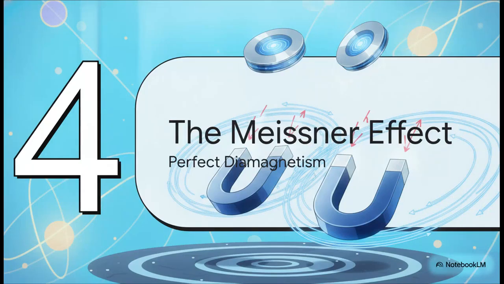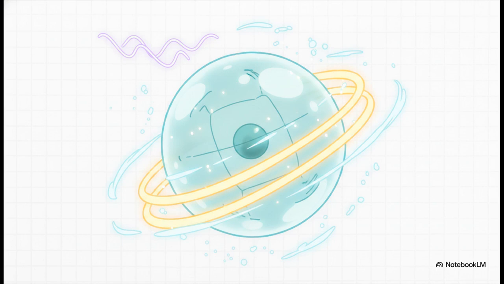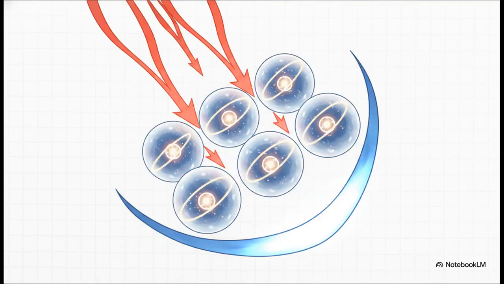Part 4. The Meissner effect explained. Let's look at perfect diamagnetism. Standard physics models rely on highly complex mathematical explanations for the Meissner effect, but RAM takes a surprisingly geometric approach. The model proposes that the very nature of these revolving Gaussian surfaces means they naturally generate persistent electrical currents. So when you introduce an external magnetic field, the atoms don't just passively sit there. Instead, that external field induces a collective opposing precession of the electronic strings across the entire lattice.